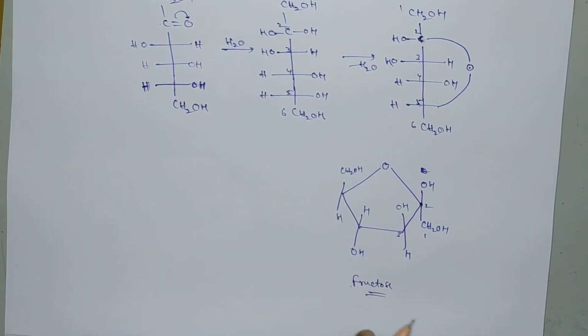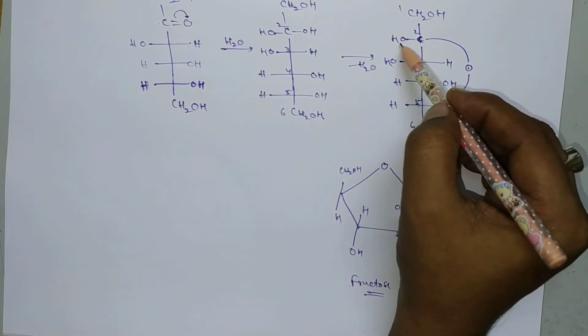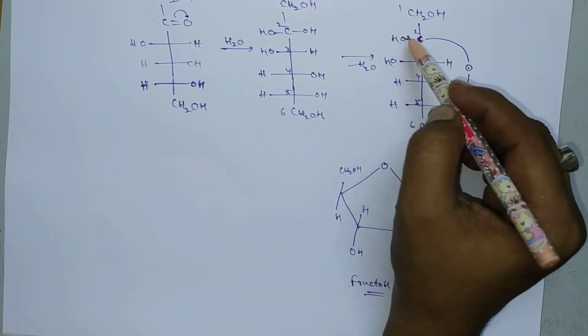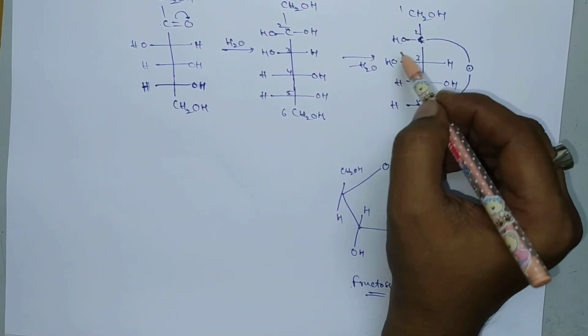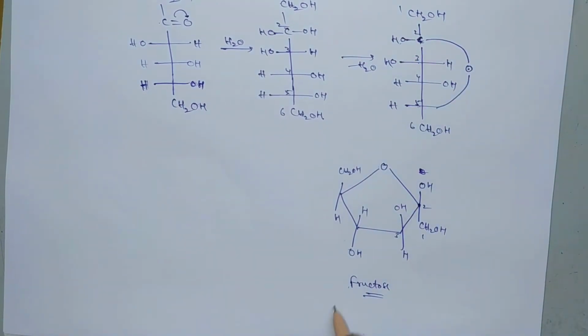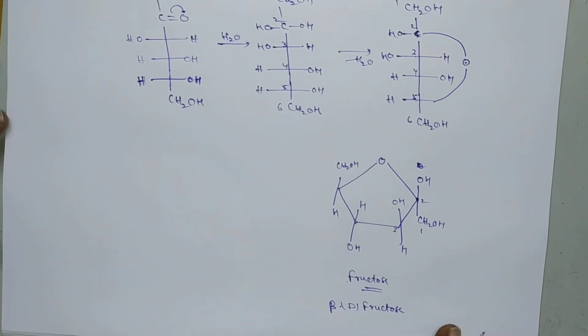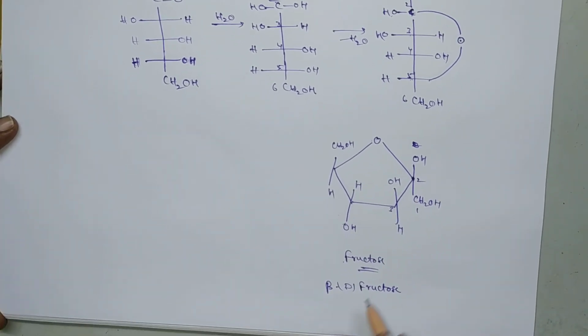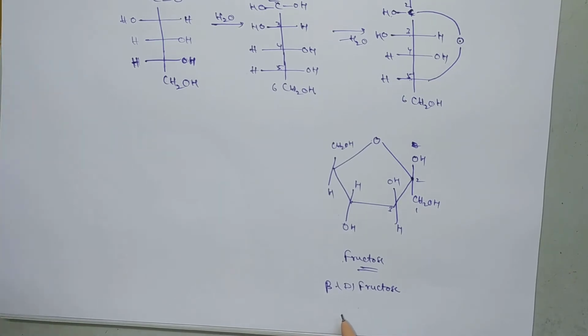This is the fructose structure. So here in this case, the OH is present at the left hand side. If the OH is present at the left hand side, then the form is called the beta form. So here it is beta fructose. So beta D fructose, and it exists as a 5-membered ring. So the 5-membered ring is called the furanose ring structure, just similar to furan. So that's why it is called the furanose ring structure. So here it is furanose